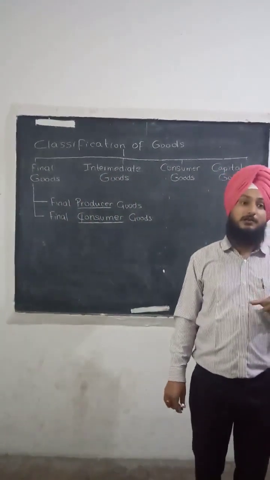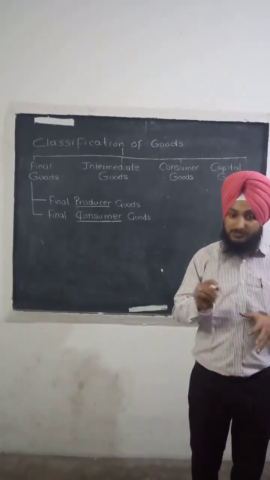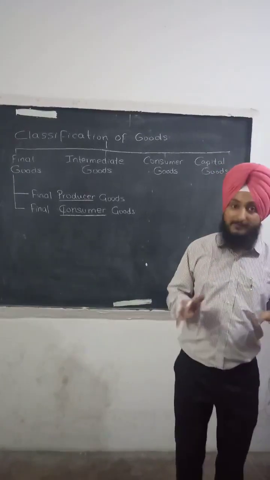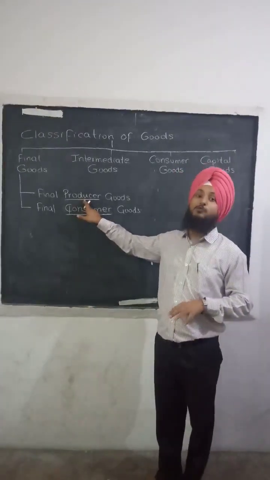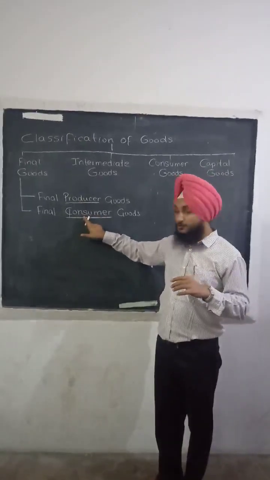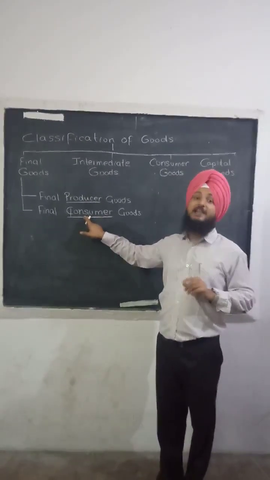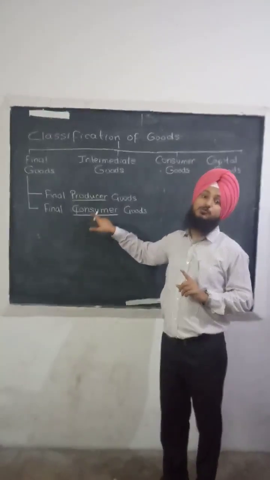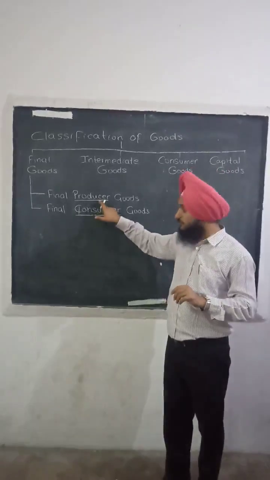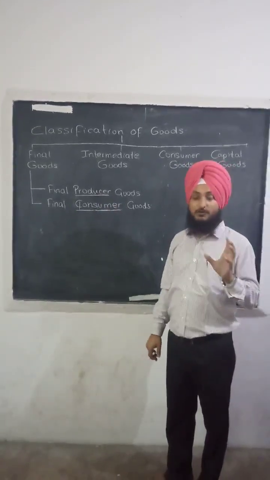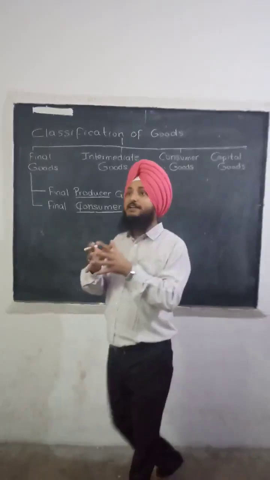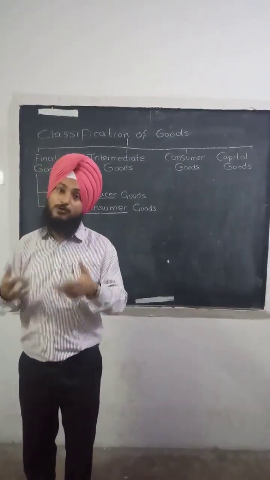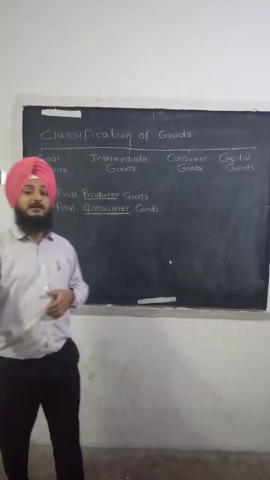We drink a glass of water to satisfy our thirst. We buy a pen, we consume a chocolate for our own need, to satisfy our own demand and desire. A producer is a person who produces the commodity, and a consumer is a person who consumes it, and the whole of economics revolves around these two. Producers and consumers are interrelated with each other. We will dive deeper into how they are interrelated in our coming sessions and videos.